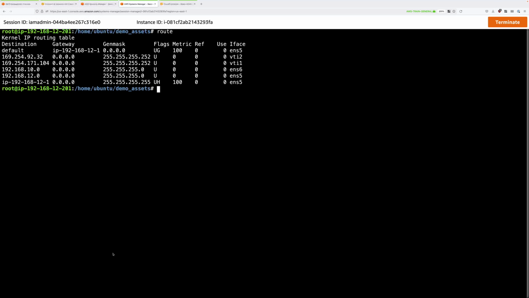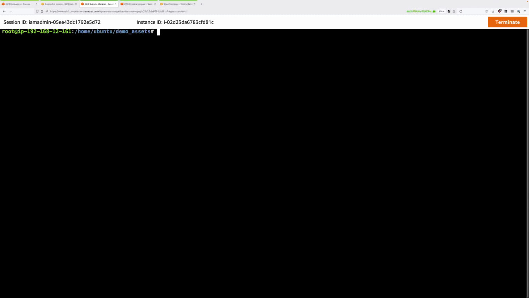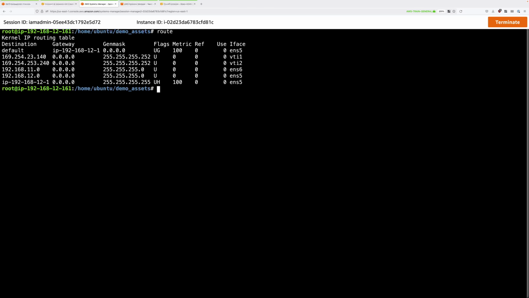It knows about 192.168.12.0, which is the public network within the on-premises infrastructure. And it knows about 11.0, which is one of the private networks. If I switch over to Customer Router 1, this also knows about the public network, so 192.168.12.0, and it also knows about the other private network, 192.168.10.0.